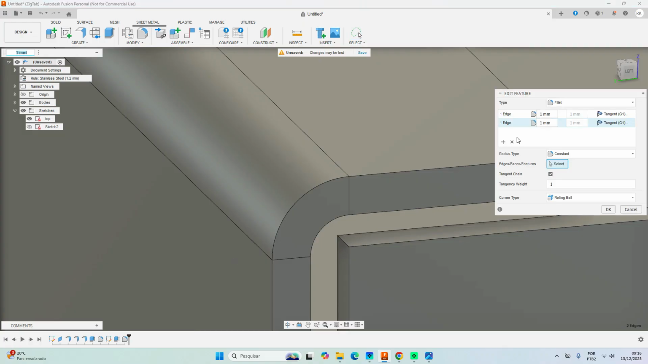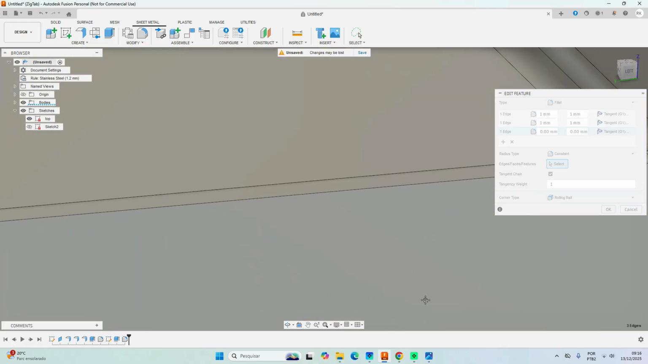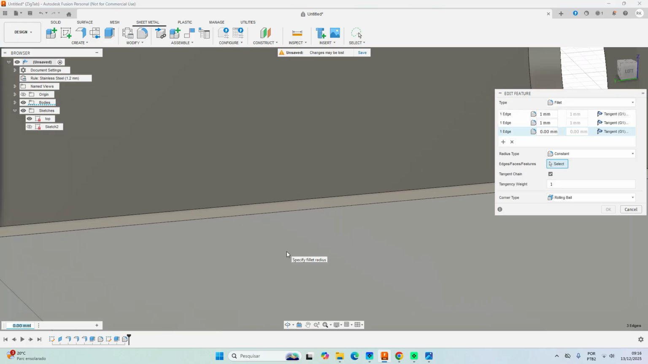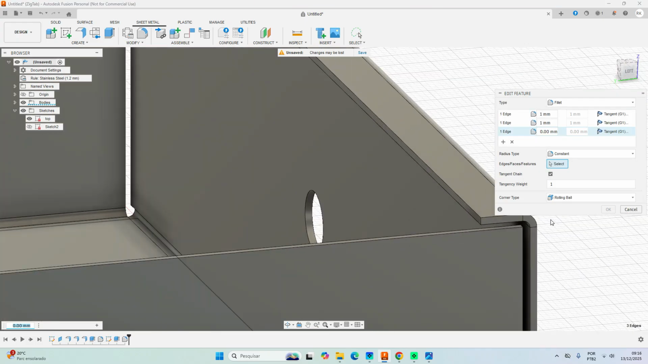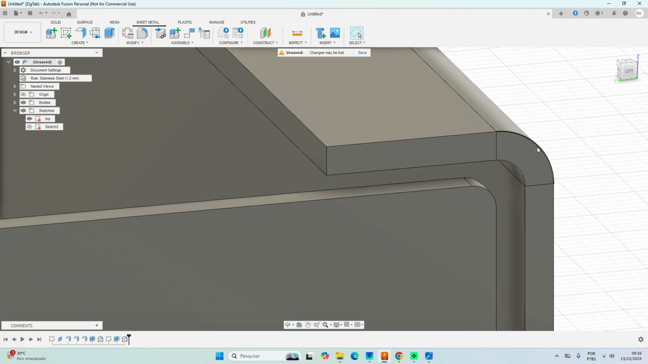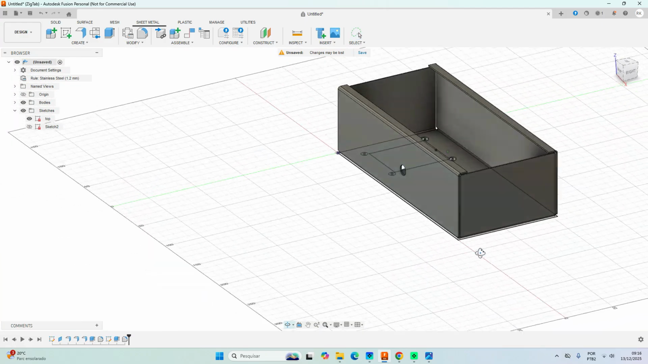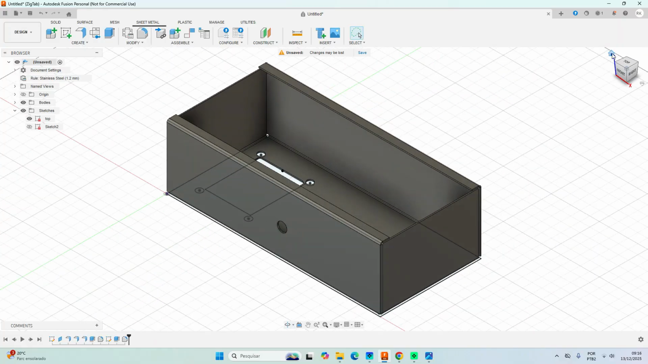Edit feature again, and let's click on the other one. And put a dimension here, 1 millimeter, and just press enter or click OK. So we have our primitive chassis here, right, with some features like the transformer mount, and it is ready for